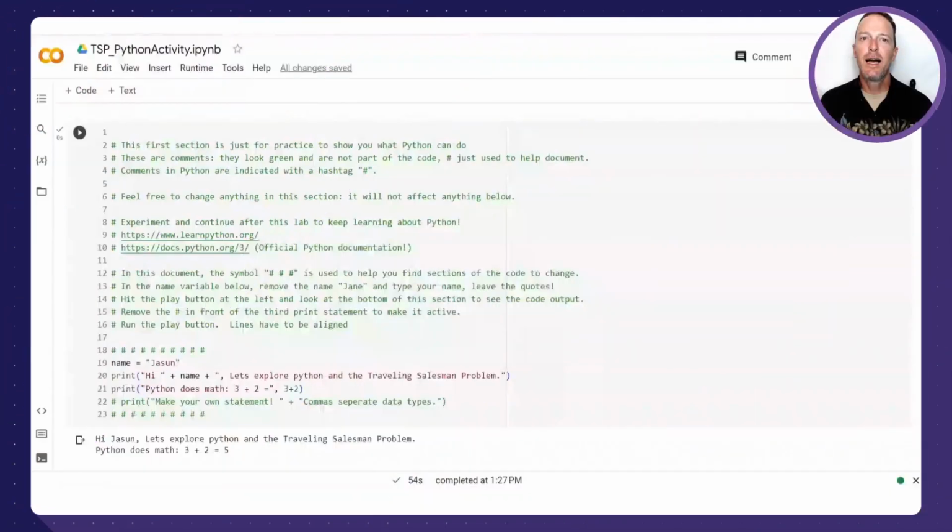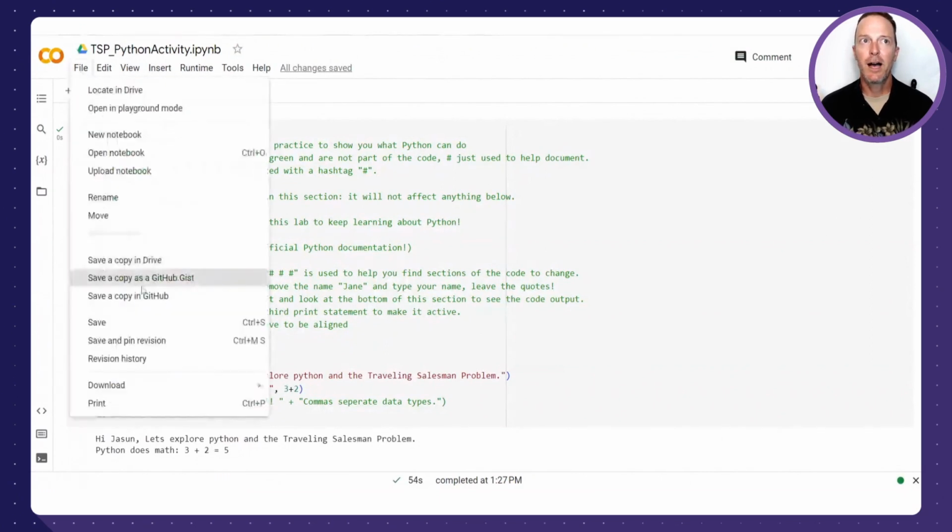Now we're in Google Colab's Workbook, or IDE, Integrated Development Environment. Feel free to treat this as a playground and play around. If you break anything, you can always just refresh the page and it'll go back to the original version. If you'd like to save a copy, you can go up into File and save a copy to your Drive or GitHub, whatever you choose.